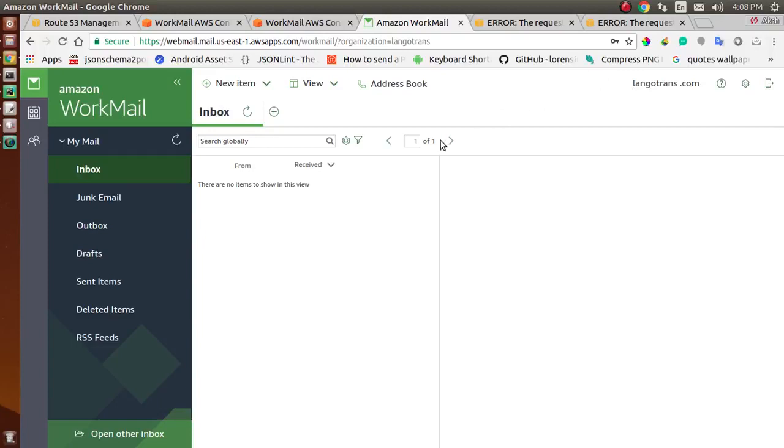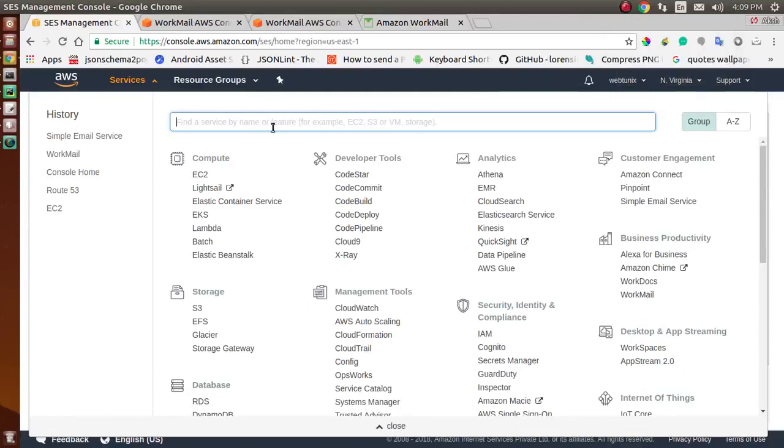And this is the WorkMail email of Amazon. After login, we click on Simple Email Service to verify your mail.